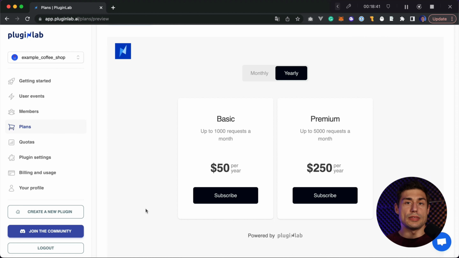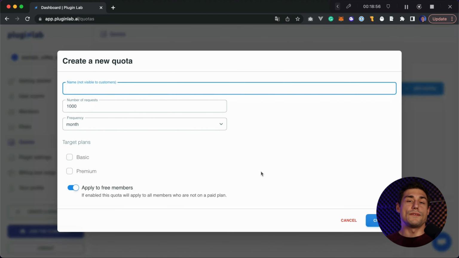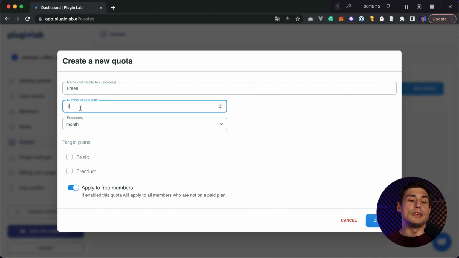The only thing that remains is I need to create some quotas to be sure ChatGPT redirects my users to my payment portal when they exceed the limits. So I will go in the quotas section and I will create my first quota. My first quota will not be attributed to a plan. It will be for my free members. And for the sake of this video, I will just add one free request, which means after one request, my